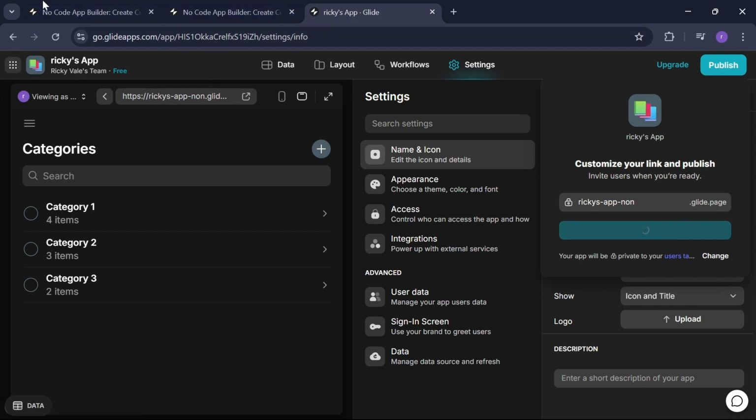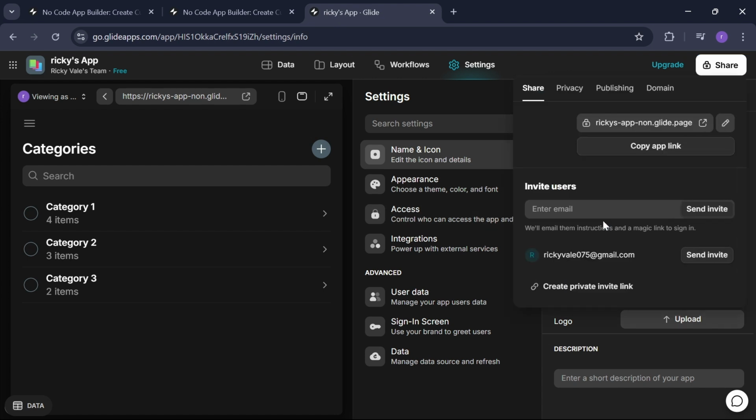Your app is now ready, and you can just use this app for the purpose you have made it for, and you can just copy the app link and give it to someone like your friend or your colleague or your client, and you can use the app from here,